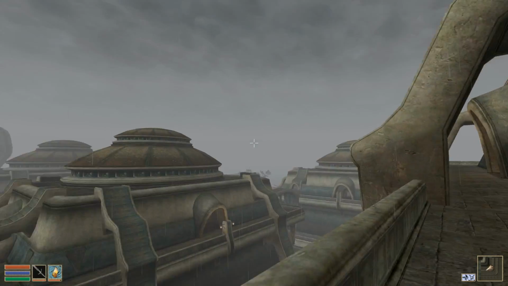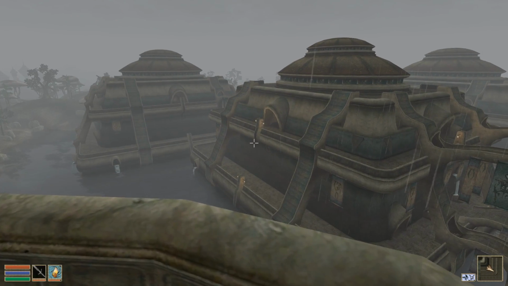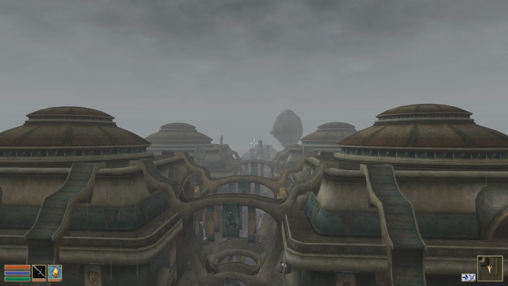I do like that the Foreign Quarter canton, the foreign plaza, this building here is higher than the other ones. It lets you have these really cool shots. Like, this would be kind of cool